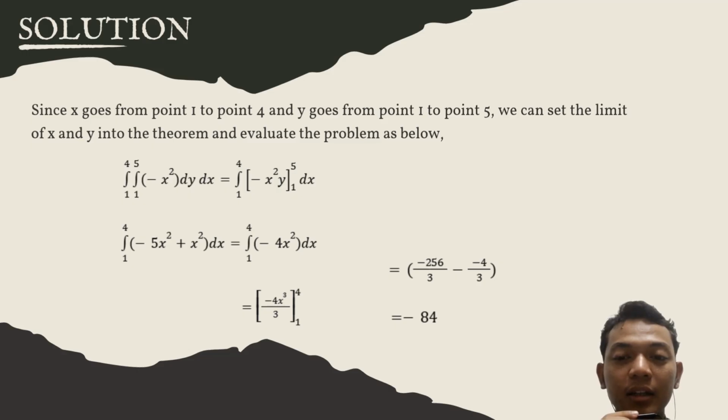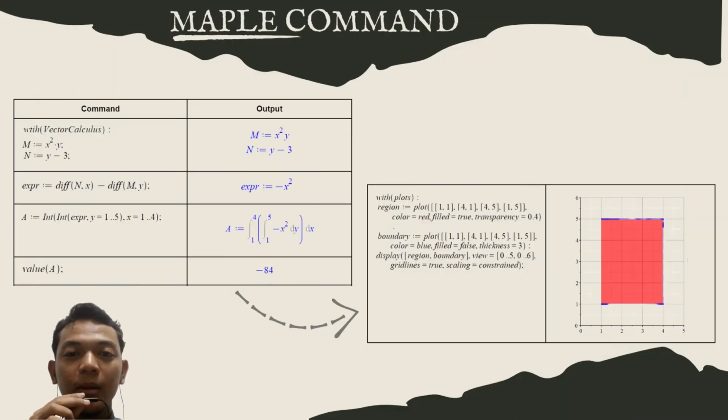So we will get -4x cubed over 3 with the limits from 1 to 4. And then after we substitute the values of 4 and 1, we will get the final answer, which is equal to -84. This is the Maple command that we use,